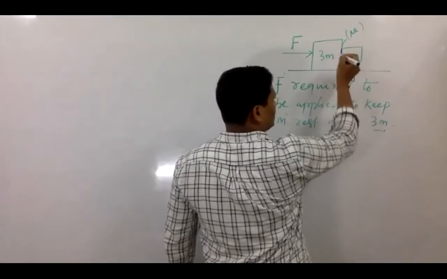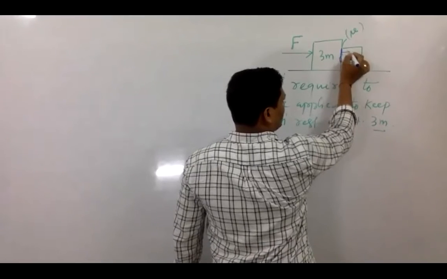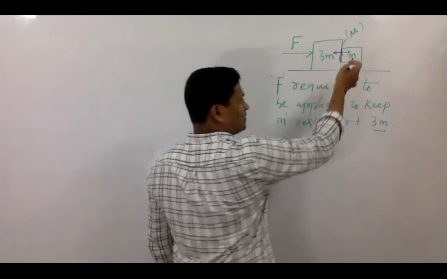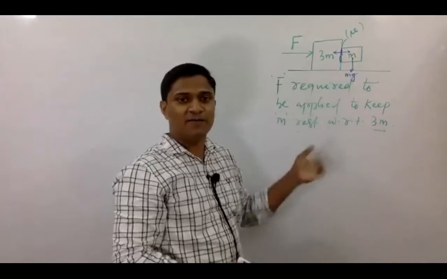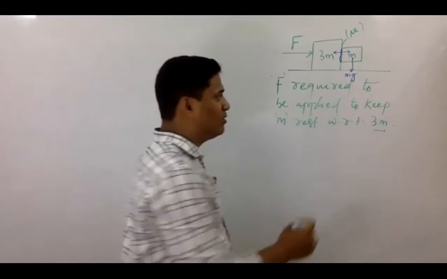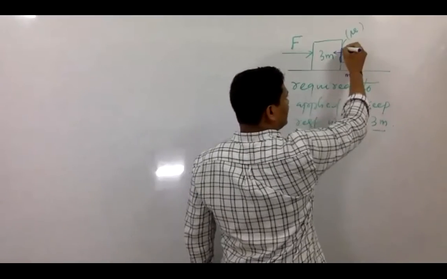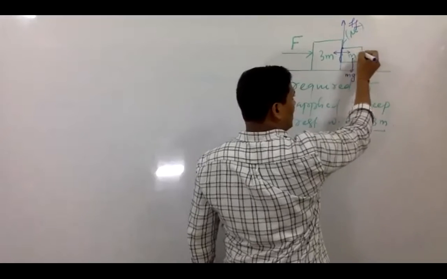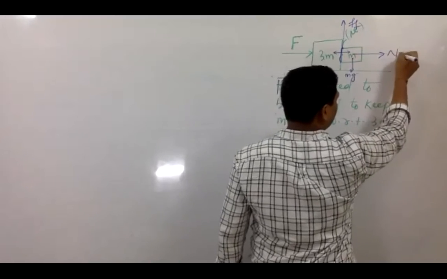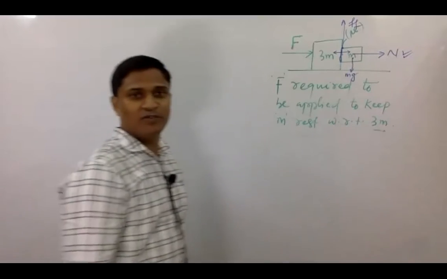This is the contact. So there will be a normal force here, right? 3m will be acting some force on m, and m will be also giving some force to 3m. So there is a contact surface, means there is a contact force, right? Yes or no? And mg is downward. So students, at this surface the friction will be acting in this direction, right? And on m, the normal force will be acting like this, right? Understood this one, I think?